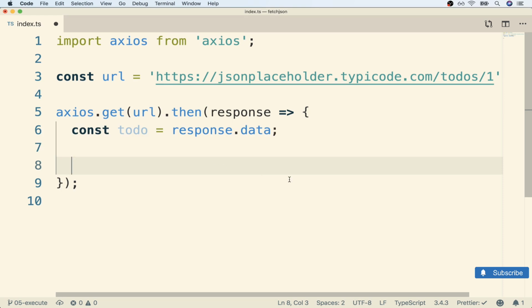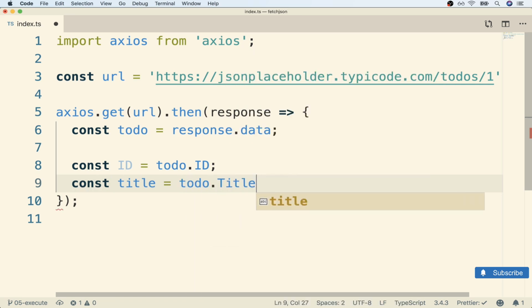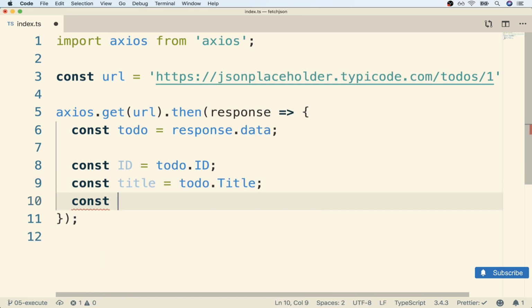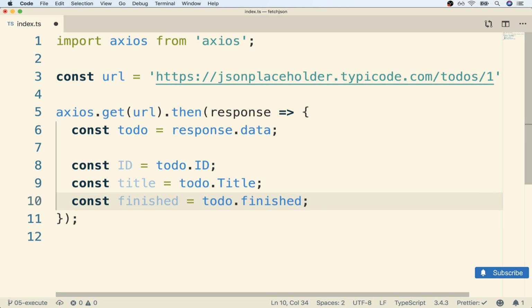So I'm going to pull off those three properties that we just took a look at. So I'll say const id is todo.id. I'll get title as todo.title. And I'll say finished is todo.finished, like so. Now, if you're looking at these three lines of code and thinking, hey, Steven, you just messed